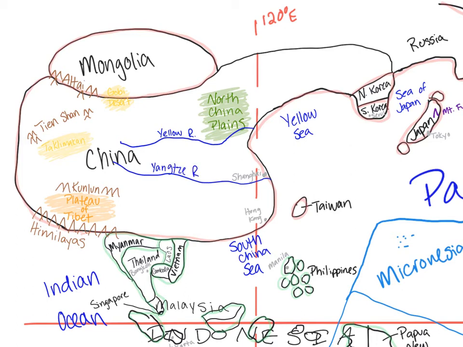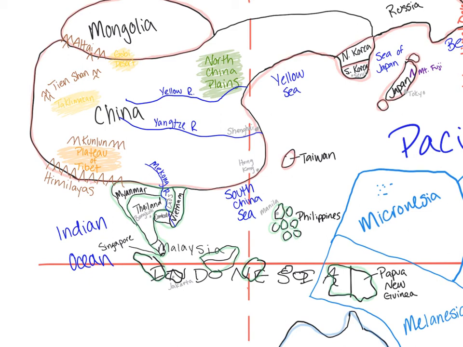Yangtze. The next one we have to do is the Mekong River. It is going to start up in China and go down along the border between Laos and Thailand, cut through Cambodia and out through Vietnam. This is the Mekong River. Okay,